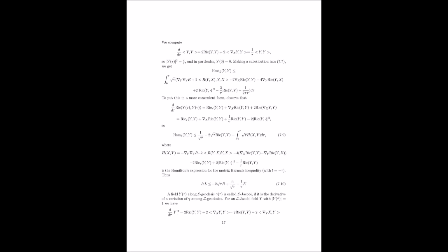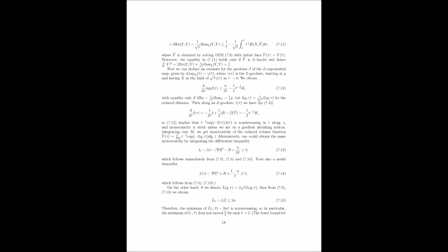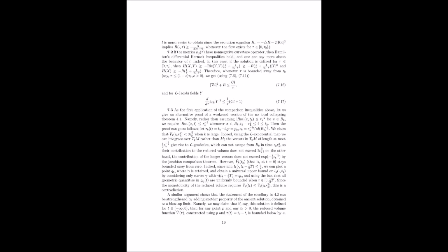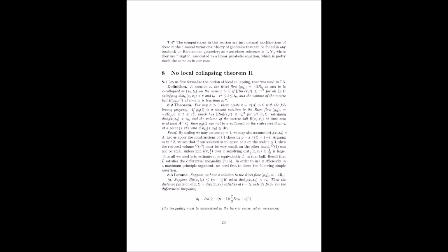And Perelman proved something amazing. This reduced volume always decreases along the Ricci flow. Always? It never goes up. Never. It's called monotonically decreasing. And this property is really powerful. It gives us a way to control the flow, to understand how it behaves over long periods of time. It's like a compass, always pointing us downhill, guiding the Ricci flow to where it's going. Exactly. That's a great analogy.